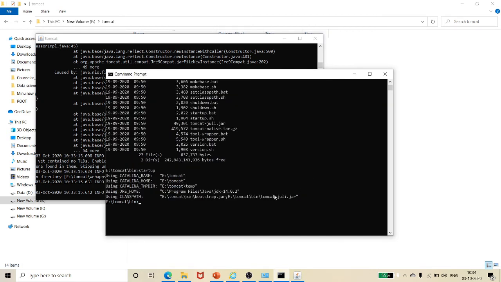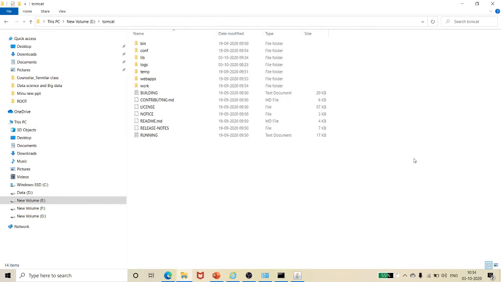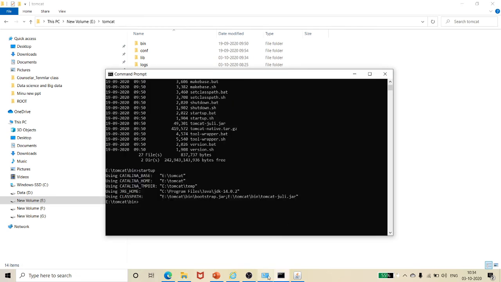If not, and all the windows disappear immediately after giving startup, there is a problem with your environmental variable. Check whether you have given it correctly, with the spellings correct. If the problem persists, just delete this Tomcat folder, zip it and unzip it again, and try to install it. In 98% of cases it will work perfectly.